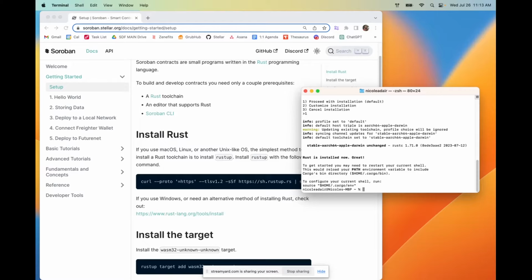And 3, it generates small binaries. That is, the compiled executable files produced by the Rust compiler are typically smaller in size compared to equivalent programs compiled in other languages. The small size is thanks to Rust's lack of extra bloat like a garbage collector. So these 3 features, among others, make Rust ideal for smart contracts where correctness, safety, and efficiency are extremely important.